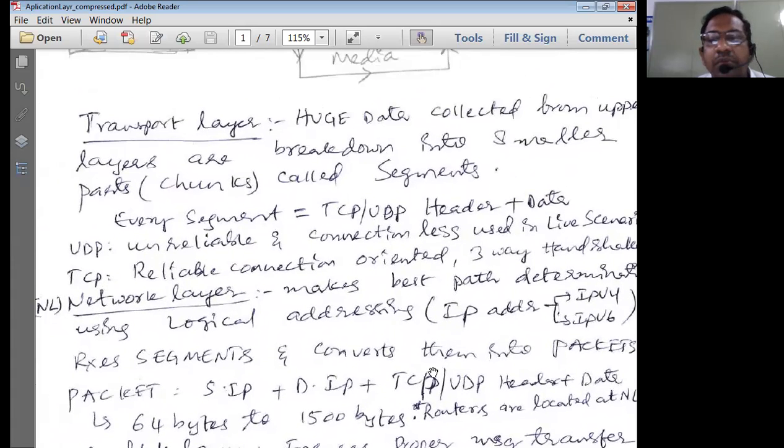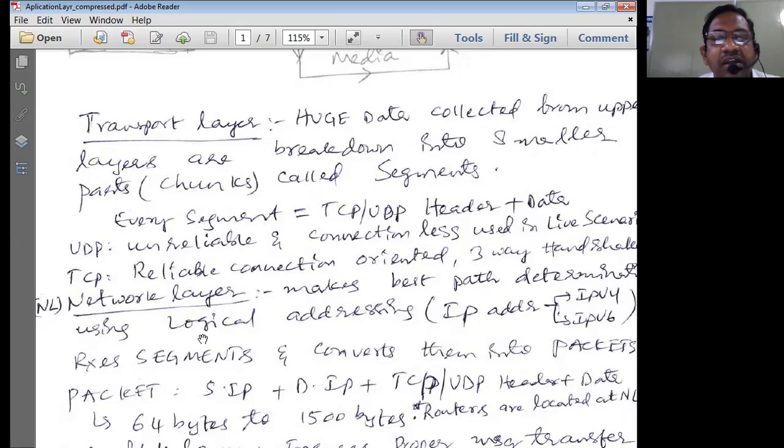This protocol is normally used for connectionless service and is preferred for live scenarios. That means if a live cricket match has to be transmitted, then we transmit it by using the UDP protocol.